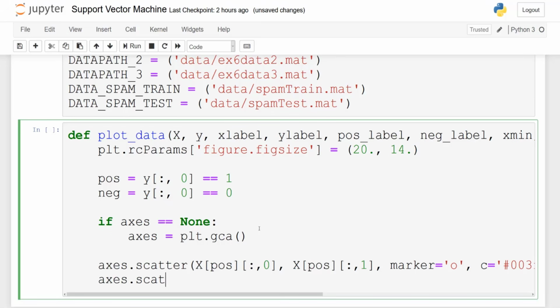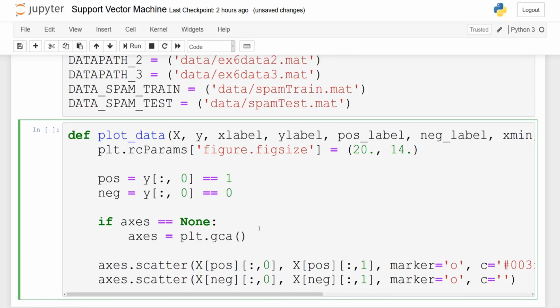Now I will draw another scatter plot, but for the negative samples. So it will be fairly similar to the line that we wrote above, only this time it's going to be for negative. So x neg, colon, comma, 0. And then again, you pass in the y now, so x neg, colon, comma 1. The marker is still going to be a dot.